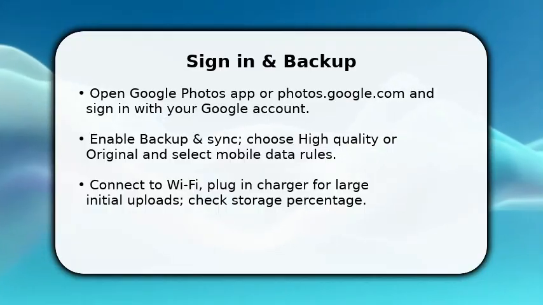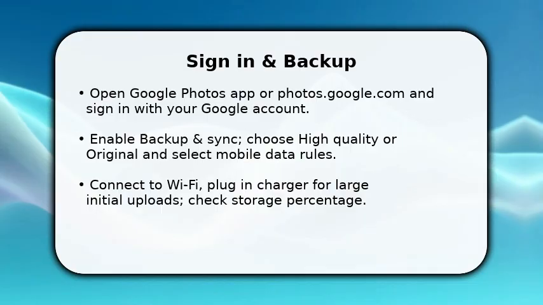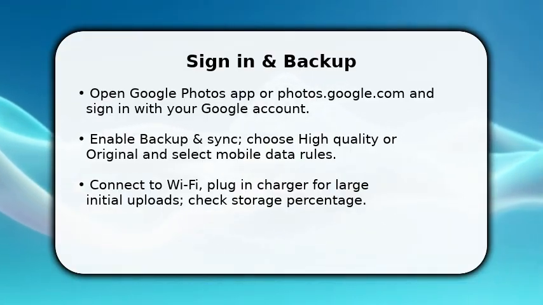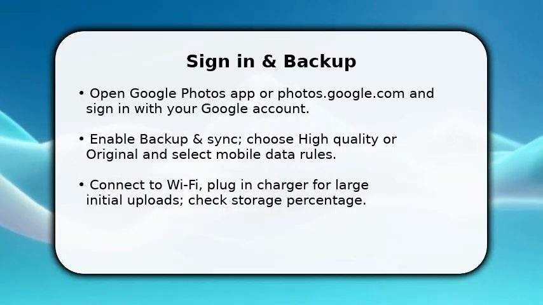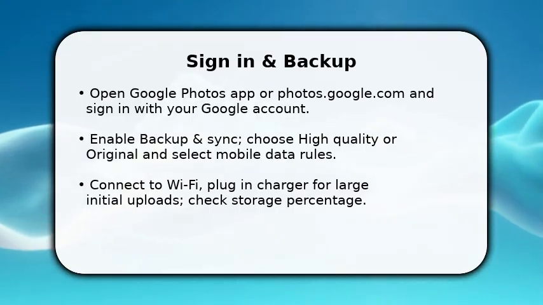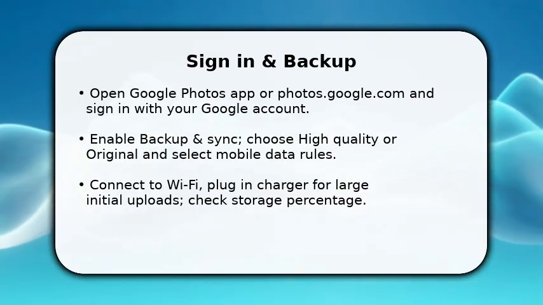You start by signing in to Google Photos with the Google account you want to use. Once signed in, go straight to Settings and enable Backup and Sync so your photos upload automatically. Choose High Quality to save space or Original if you need full resolution, and set whether uploads can use mobile data. Make sure you connect to Wi-Fi, and if many photos exist, plug into power so the initial backup completes